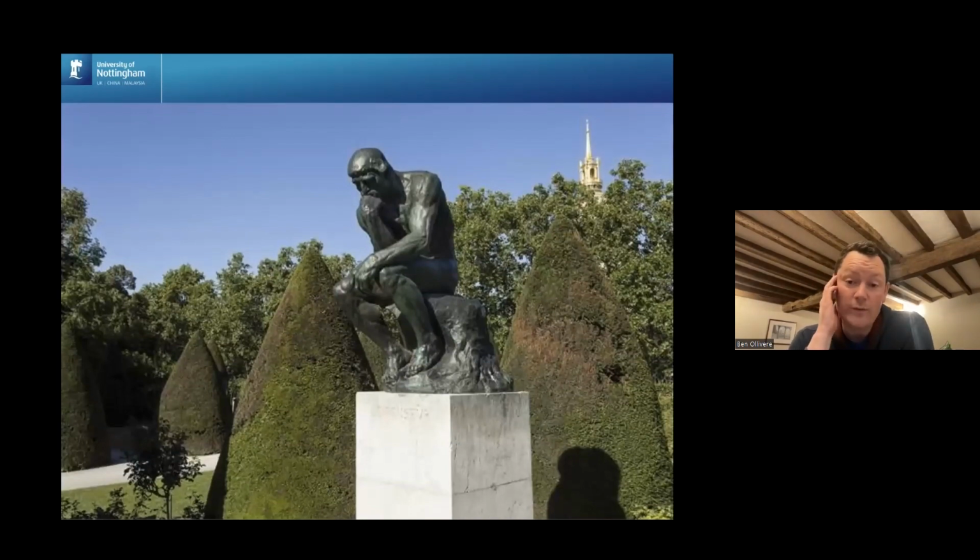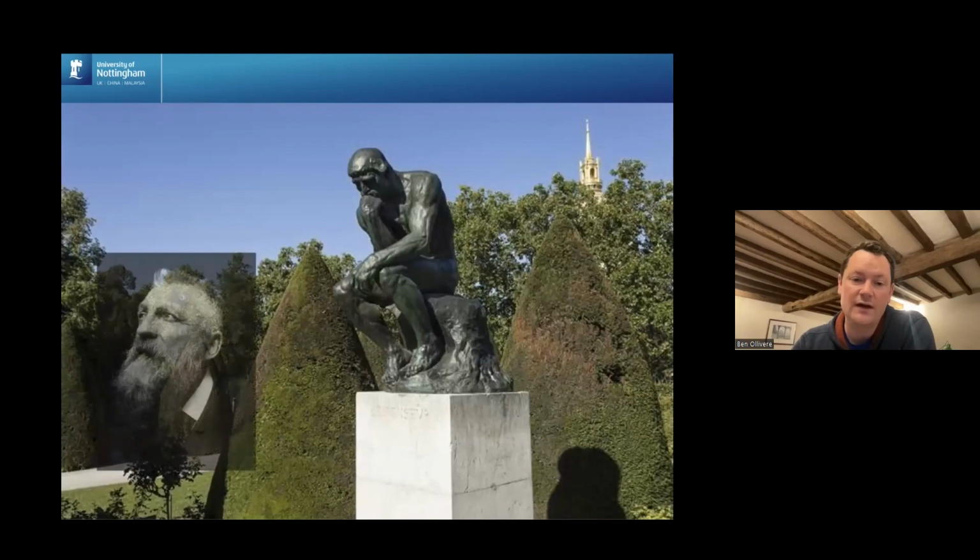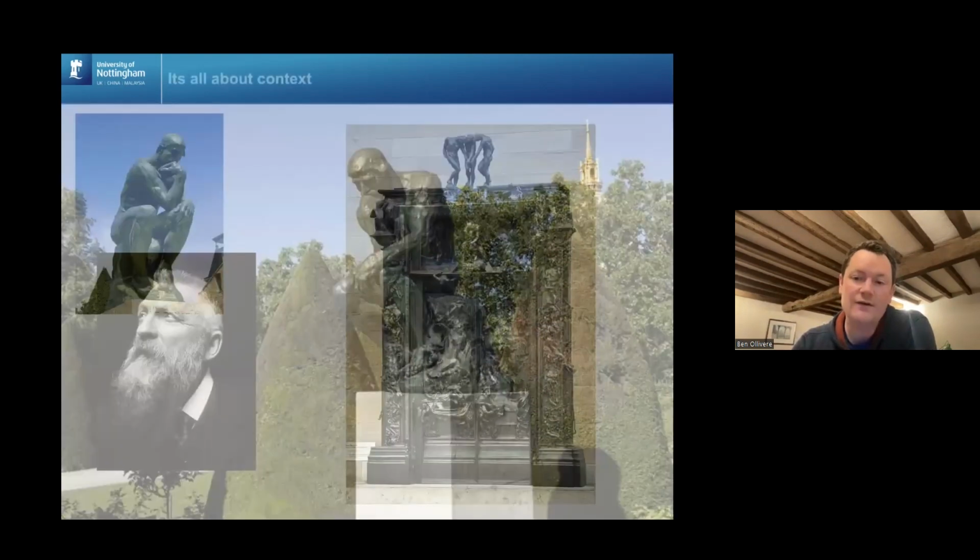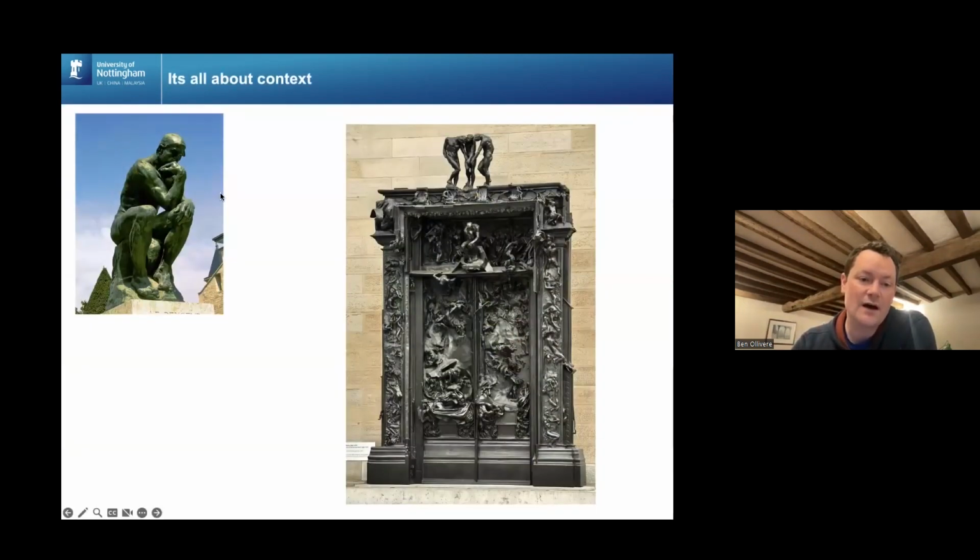Most, if not all, people on the line will recognize this. It's one of the few sculptures from the last century that people recognize. This is the Thinker, and it's one of Rodin's sculptures. And the interesting thing is about context, because most people think of the Thinker as being this large, nearly 2 meter tall man who's contemplating philosophy. And there's Rodin himself. And what they're not aware of is that these are upscale replicas of this original small sculpture on his Gates of Hell